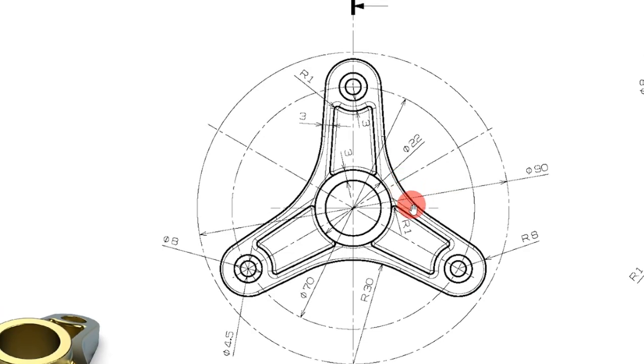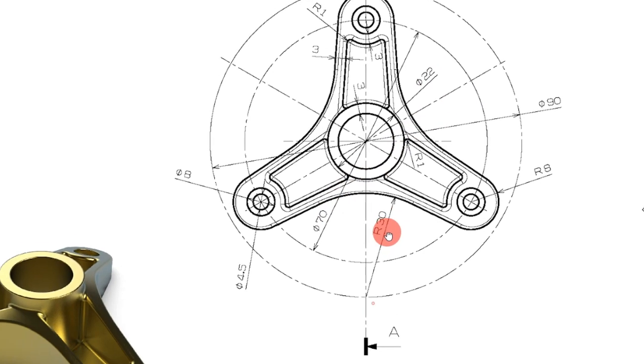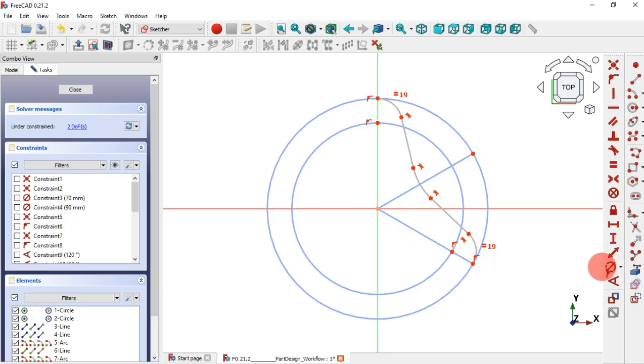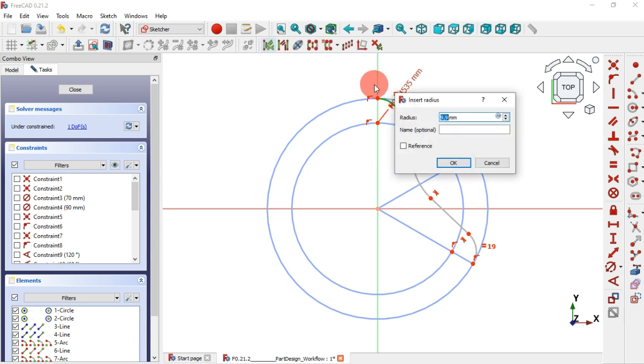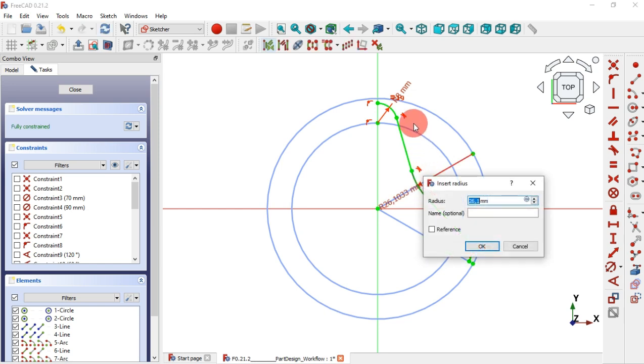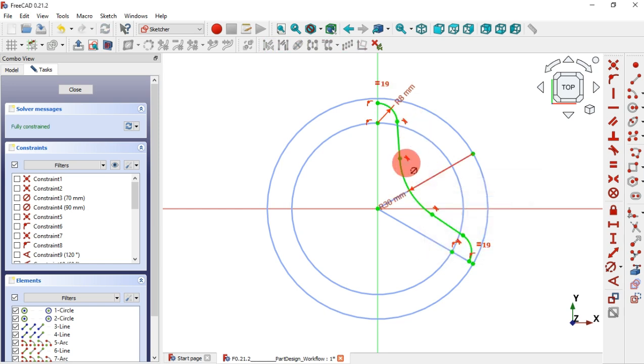As you can see, we have a radius of 80 for this arc here, and 30 millimeters for this arc here. So let's do that. Click on constraint diameter, click on this arc here and set 8 millimeters, and now on this arc here and set 30. Okay, as you can see, now we have the sketch fully constrained, but before we leave the sketch